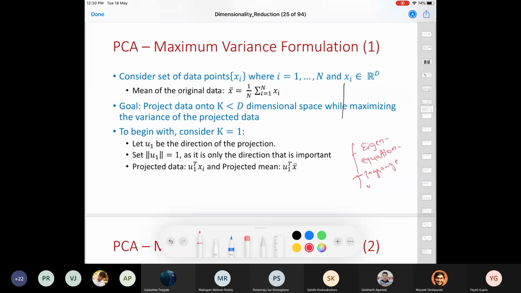Have you studied Lagrange multipliers before? Say yes or no. Yes, sir. Okay, so you already know Lagrange multipliers. I just want you to know what the eigenequation is, and if possible, study singular value decomposition.